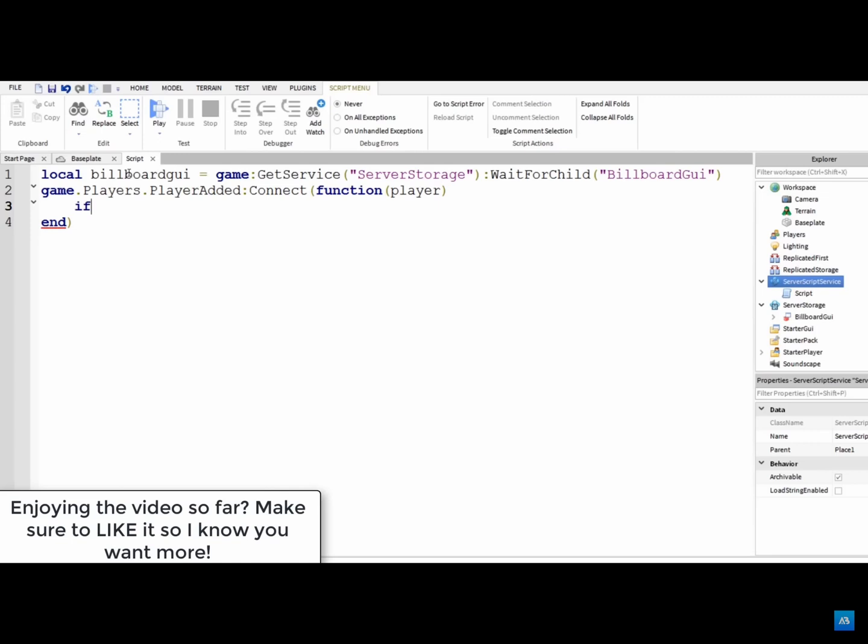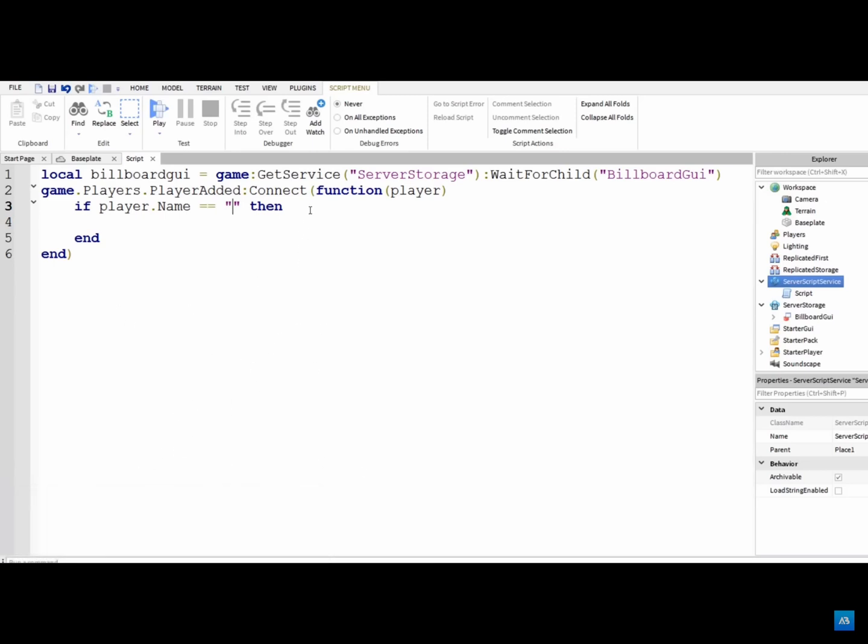We want to check their name or see if they're a VIP or something. So we're going to say if player.name equals, and then we can have a pair of speech marks. Then drop a line and make sure that an end has been added in. And then in these speech marks we can put a certain player's name. So if you had someone who you wanted to give a developer tag to, you could put their name in here, or if you're the owner you could put your name in. So I'm going to put my username in, Alvin Blocks,